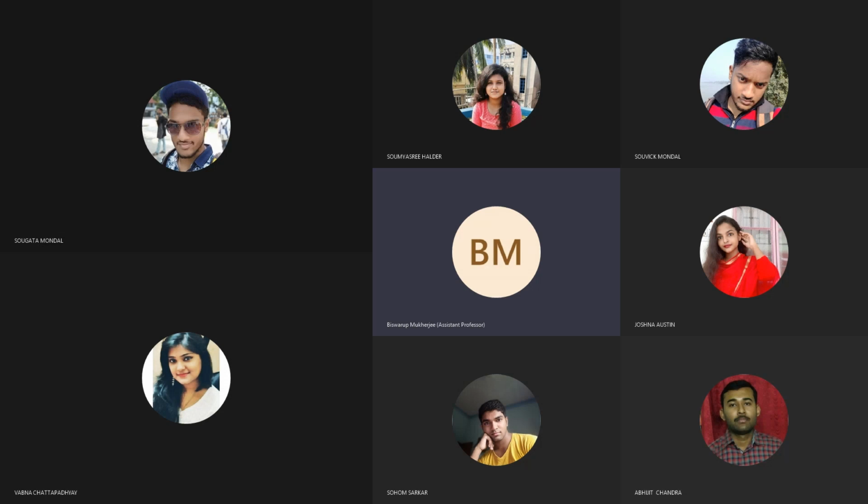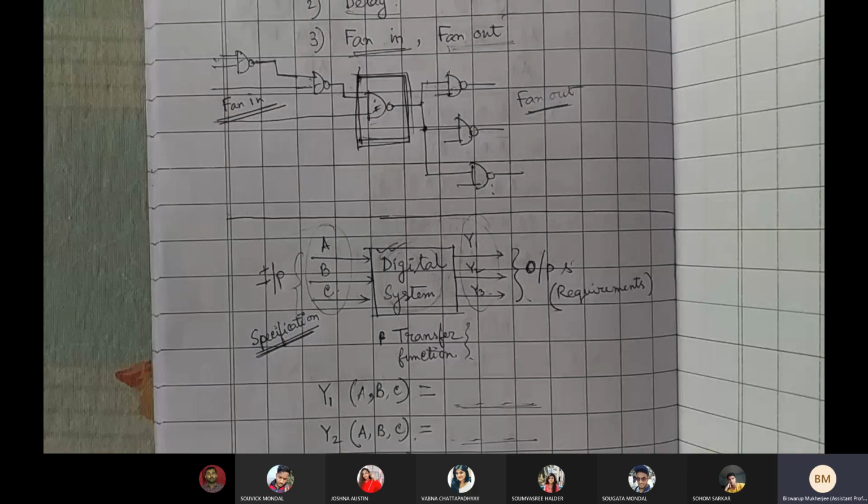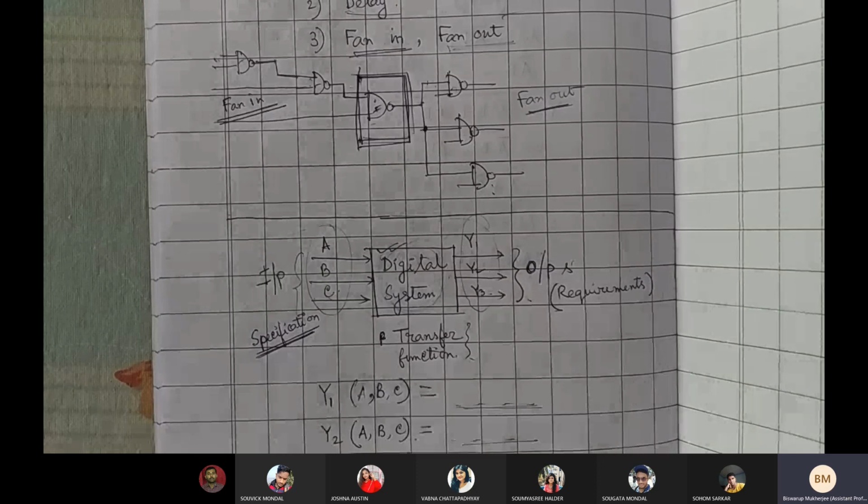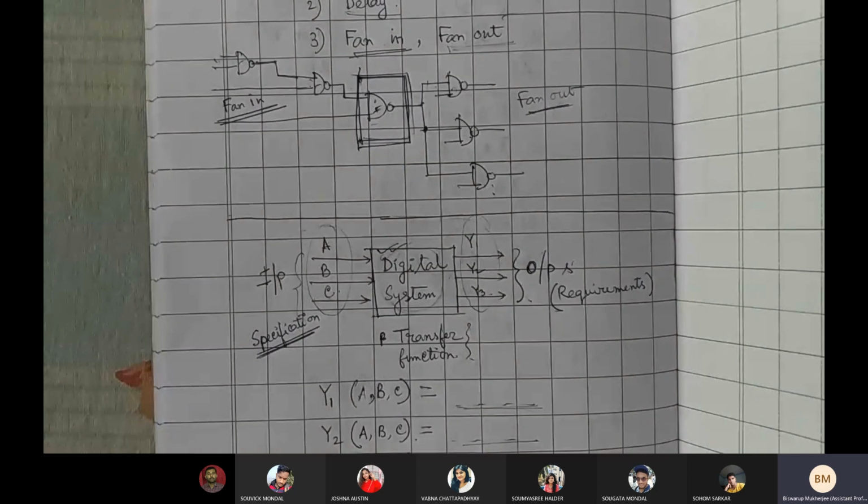Now, last day we discussed how to start digital system design, and we found that in order to make a digital design, first of all we need to know what my inputs are. Some specific inputs should be there, maybe 2 inputs, 3 inputs, 4 inputs. So how many input variables are there? We need to know that first, and then we need to know what the specific output would be. Is it only one output or multiple outputs?